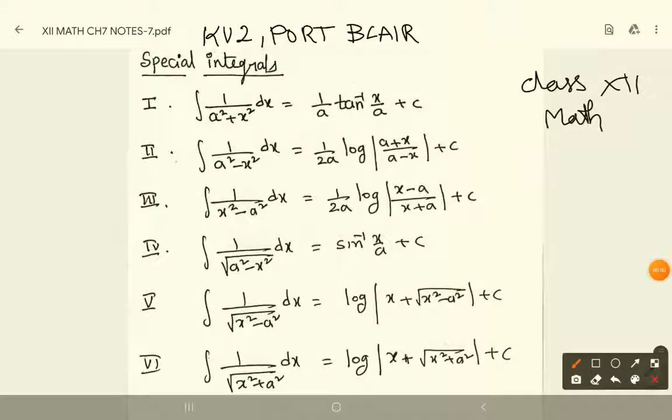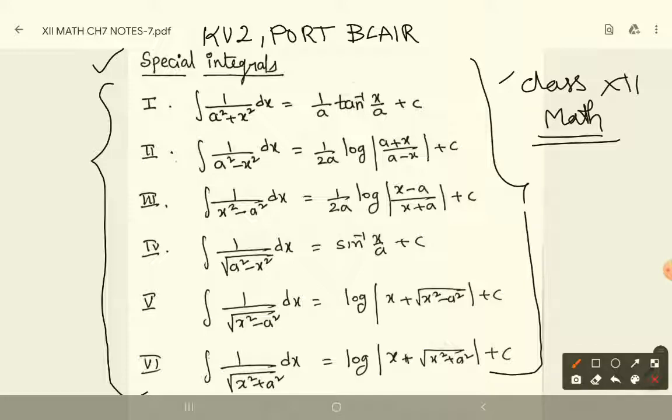This is about class 12th standard mathematics and about special integrals. I am going to discuss the questions related to exercise 7.4 of class 12th mathematics CBSE. I will discuss all the questions in detail. Please try to understand. In that, I use these formulas from 1 to 6, whatever formulas I have written here. So we need all these formulas in our mind while doing all those problems.